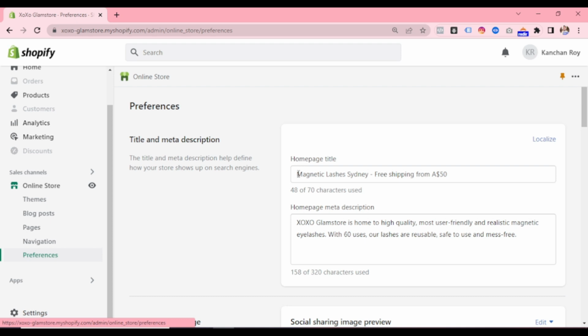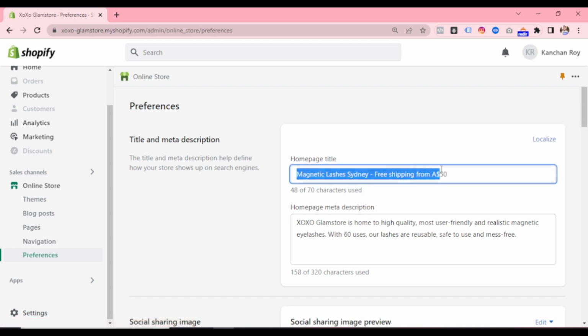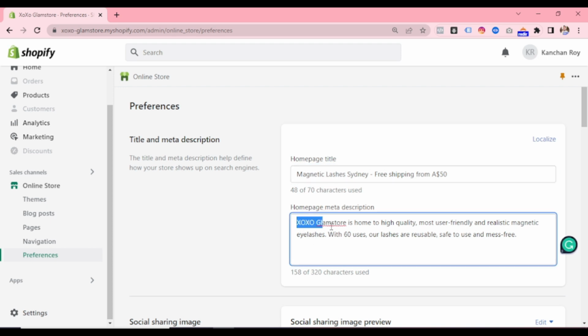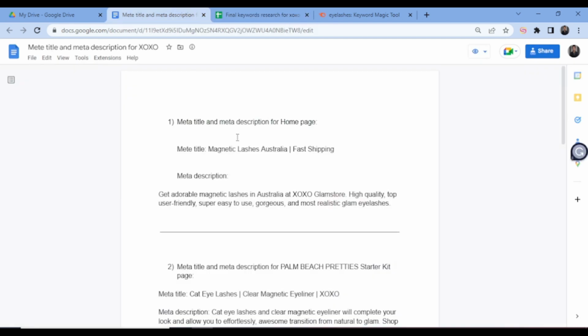Here you can change the title, and here we can change the meta description. That's it. I have already written the title and meta description, and now I will just implement it. So first I copy it and